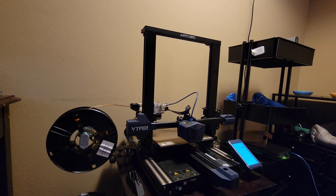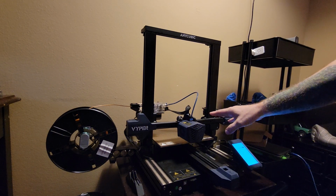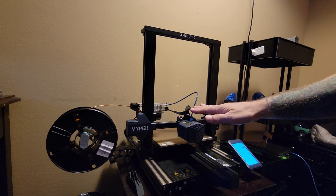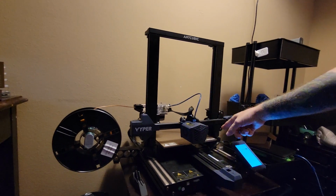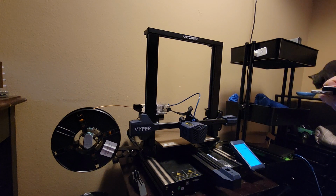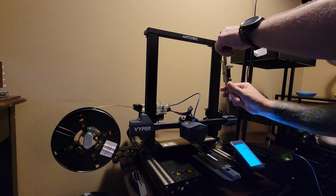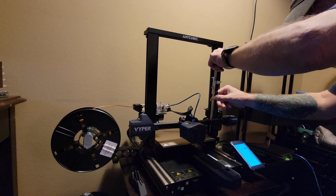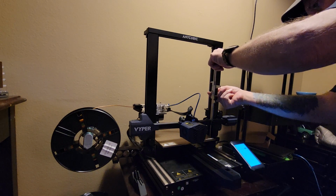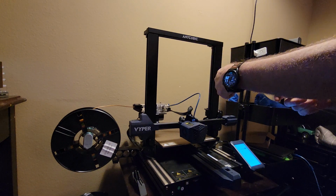Okay, now for tramming the X gantry to the bed. You want to home your printer. This is for people that have the adjustable Z end stops still. Home your printer, move the X carriage to the center, and you can use a caliper. You can actually use anything that you can judge the distance with, but check one side, left or right, from the gantry down to the bed,